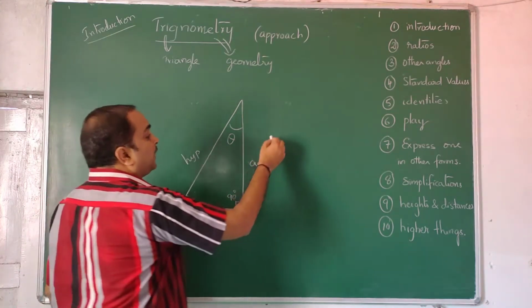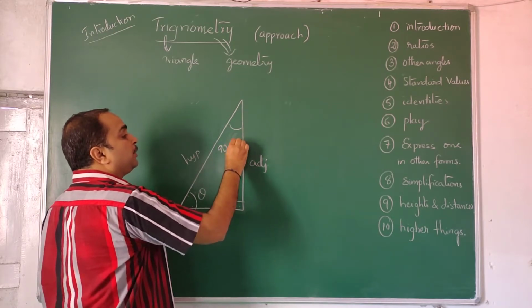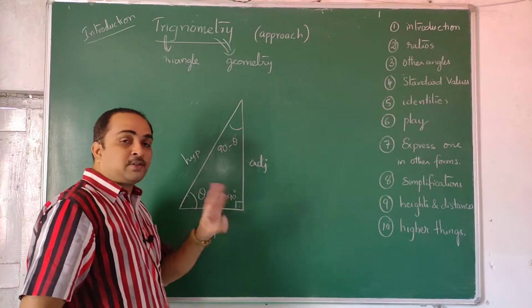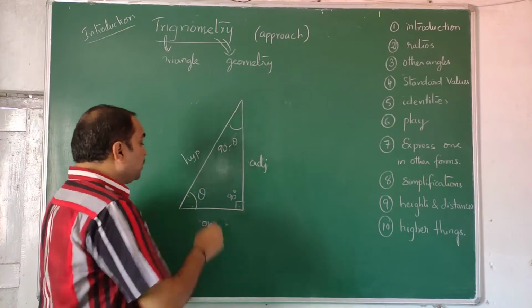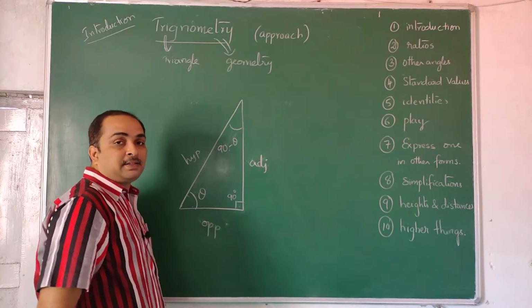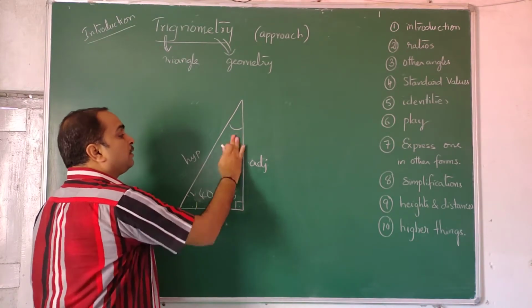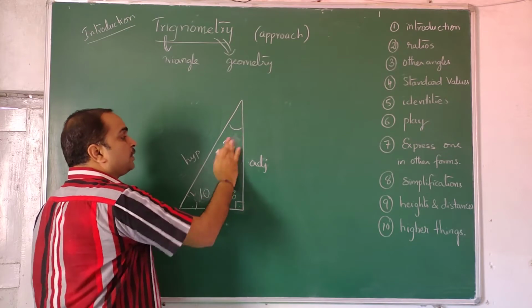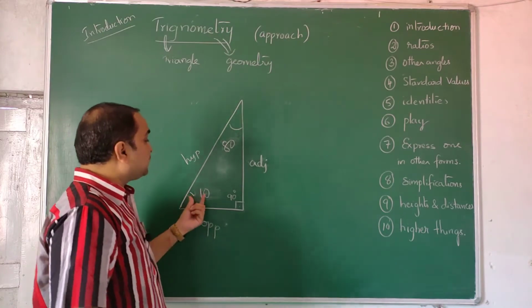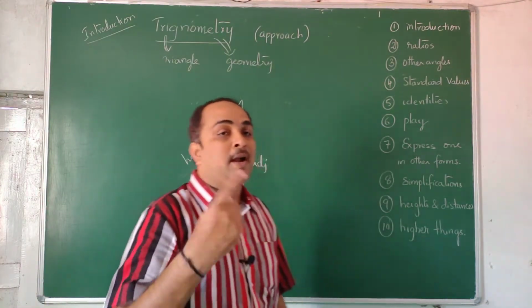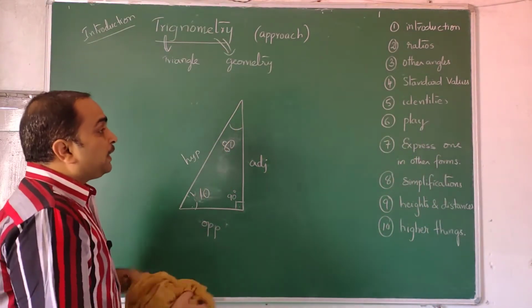Moreover, the sum of angles in a triangle is 180. For example, if I call this theta, then this will be 90 minus theta, because the total is already 180. Out of that, 90 degrees is lost because it's a right angle triangle. 180 minus 90 is gone. The remaining is 90. So if one is theta, the other should be 90 minus theta. Let us write: this is 30, this is 60. This is 40, this is 50. This is 10, this is 80. So this relation will always be there. One is theta means the other will be 90 minus theta. How to handle that, other angle, I will tell you there. First, let us not complicate in the beginning.